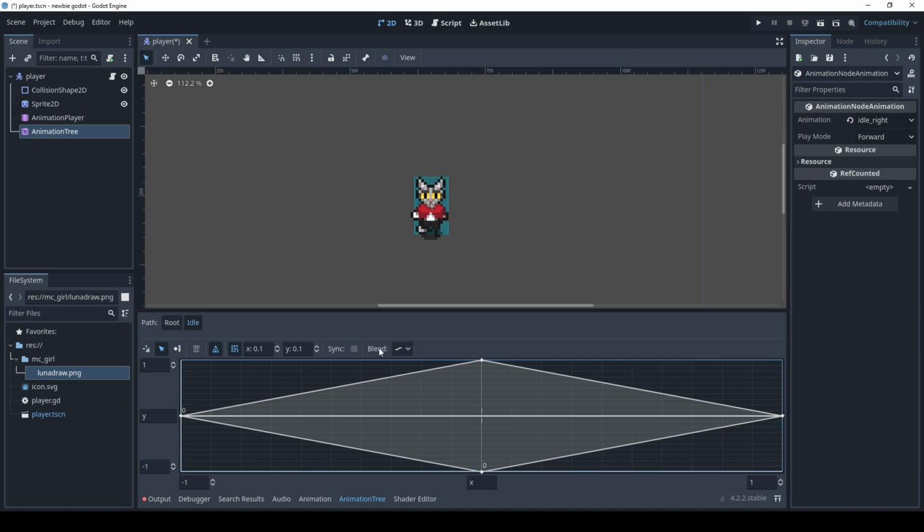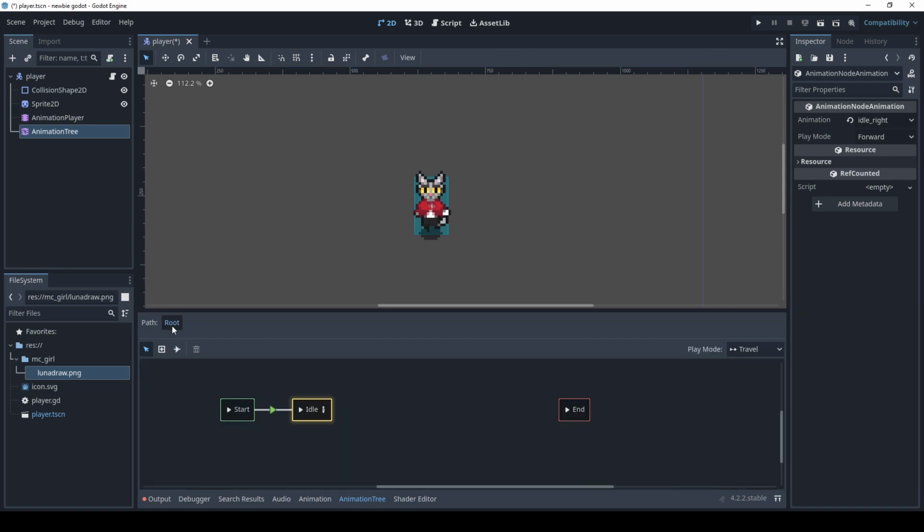It's because the blend here is way too smooth. Just click on this blend option. Seems way better now. Click on the path root here, and we need the second node.